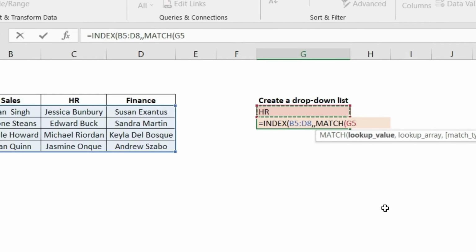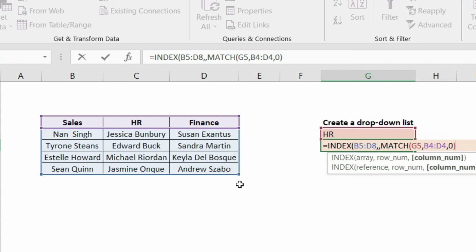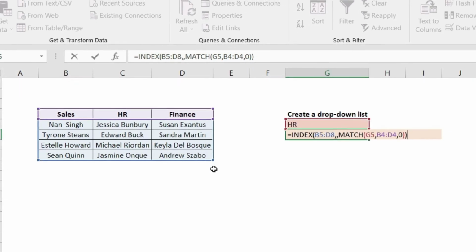So that particular column name is HR as of now, and the cell address is G5. If I press comma, the next syntax is lookup array. So where is that lookup value? Lookup value means I took it as HR, so it is located here. It's part of the headers. Comma. We need an exact match always, 0. Close two brackets, one is for INDEX, another one is for MATCH.